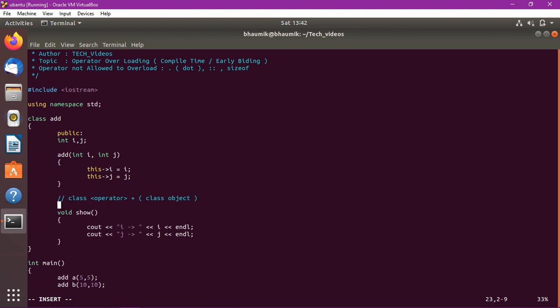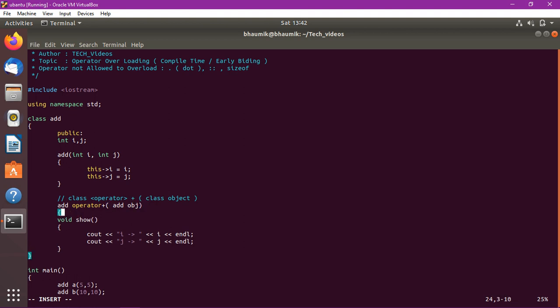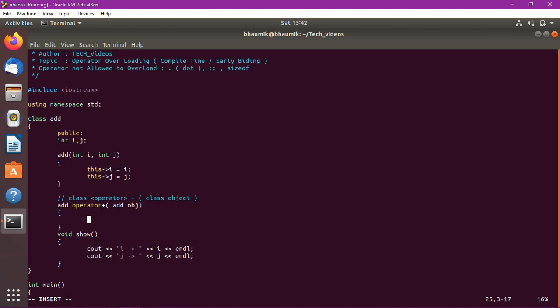Let's implement that for this class. We are returning the class, operator plus, we need to overload. We will receive one object. So what will we return? We return a class Add.